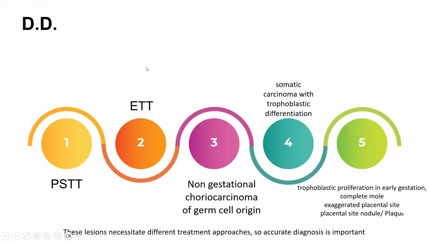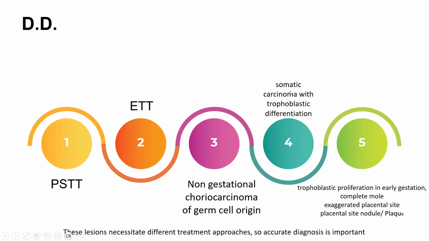Okay, so what are the differential diagnoses? They are the rest of the GTNs, okay? The non-gestational choriocarcinoma of germ cell origin. Let me tell you that you might be very unfortunate if you have a case with a non-gestational choriocarcinoma and it's metastasizing and reaching the uterus. Because actually the gestational and the non-gestational look typical under the microscope and with the immunohistochemistry. The main difference would be the clinical presentation, the site of the tumor, the age of your patient, and finally the genetic